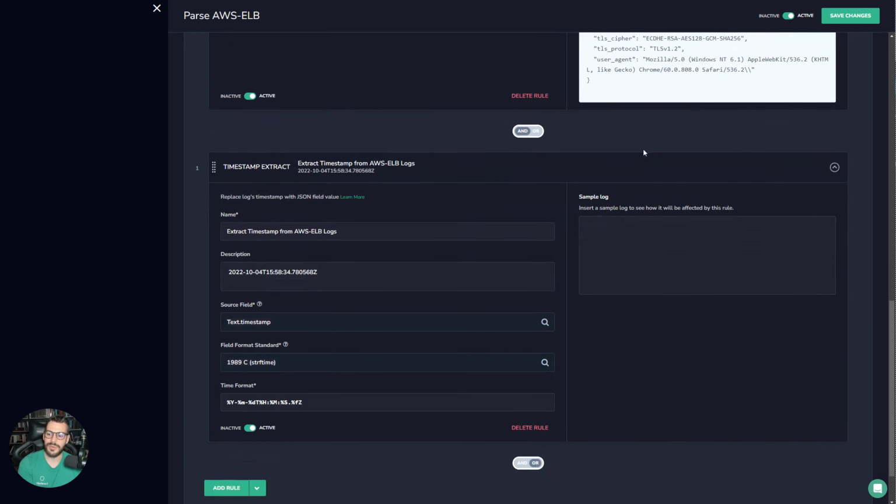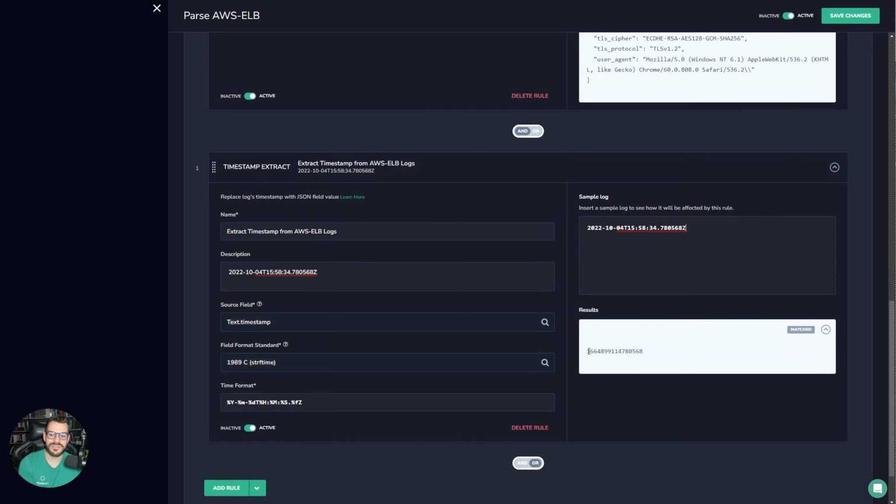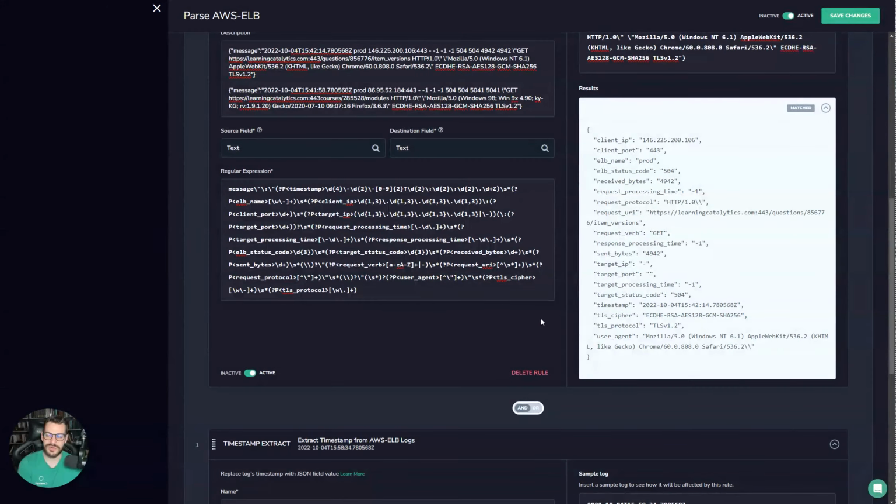That's very, very helpful. And what this does, if we actually take this value here and place it into the thing, we can see that it comes out as a Unix timestamp. So now we know that we've converted a relative date time into an absolute time, which is really, really powerful. The key point here is that you can take your timestamp field, and why is this so powerful? It's really powerful because this is the time that the log was created,